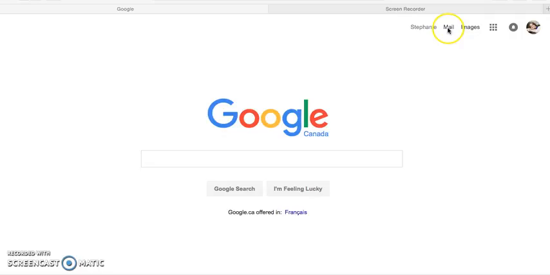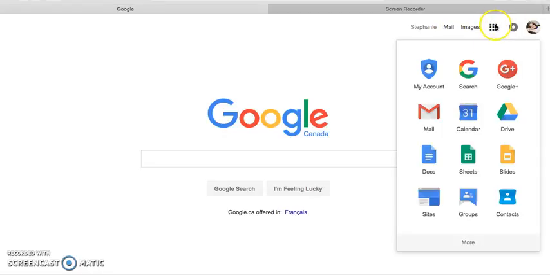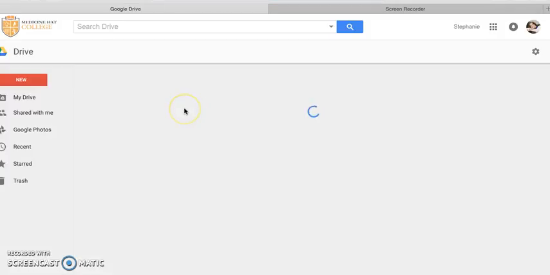So first of all, you have the mail option, and if you go up to this button up here, you can see how many other options you have now. So first we're going to look at Drive. So if we go to Google Drive,